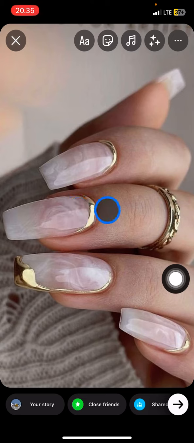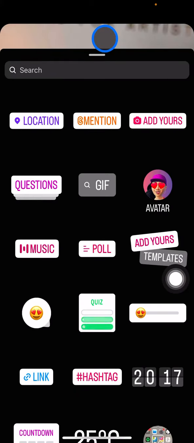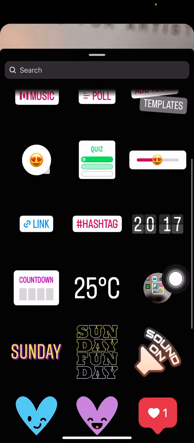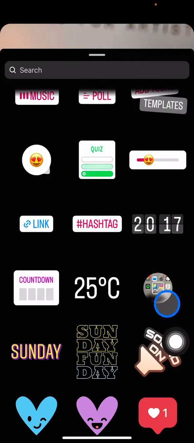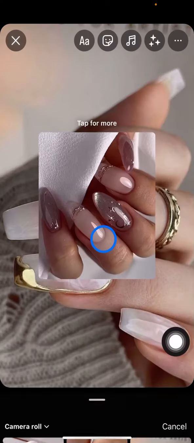To add the new picture, you just need to click these symbols, and after that you just need to go scrolling down until you find this picture or photo library right here, and then you just need to click it. And now you just need to find the next picture that you want to add,